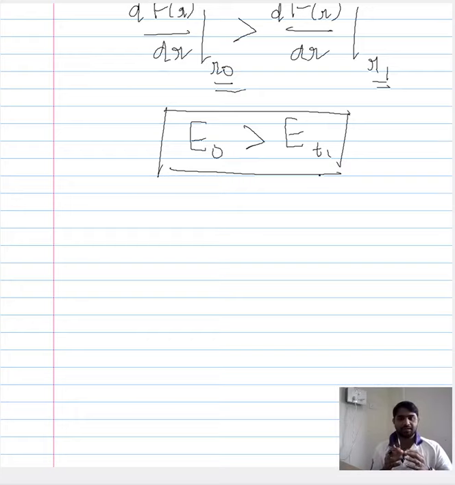We have seen that based on the slope of the force curve, with increase in the temperature, the position shifts from R naught to a new position R1. When you shift the position from R naught to R1, the slope then decreases. That means that Young's modulus decreases. So this is our understanding wholly based on the force curve and the force and interatomic spacing curve.